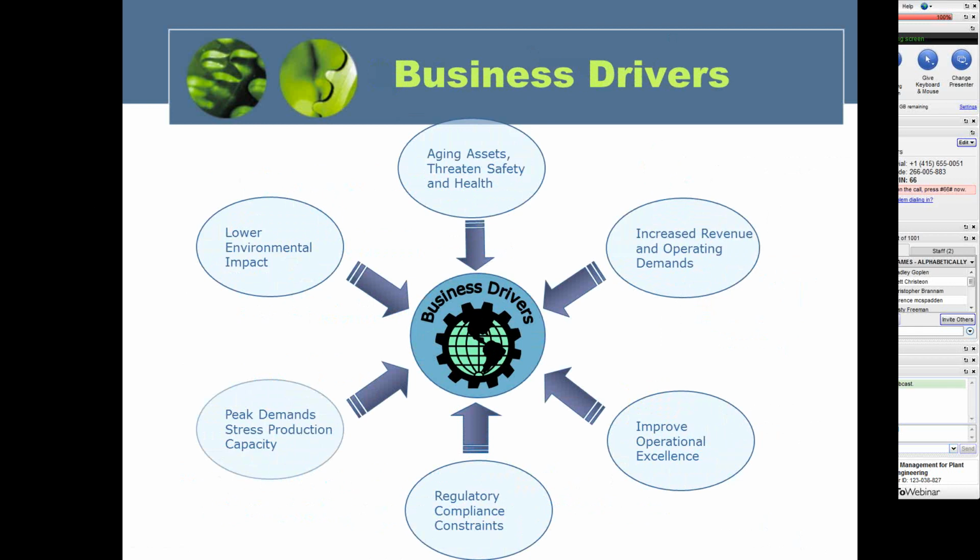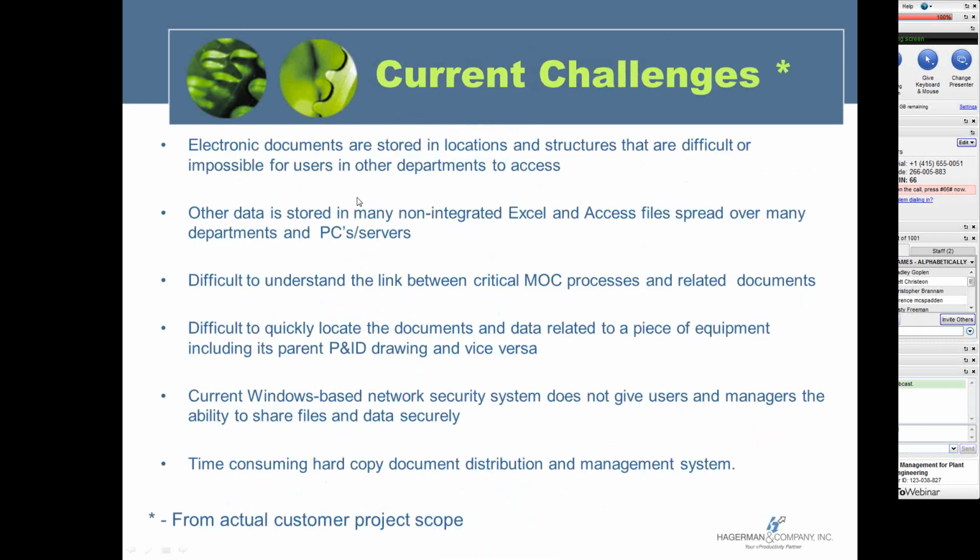But these are some of the big picture business drivers that we see within the industry, and then our products hopefully will do their part to help your company better meet these particular challenges. And in terms of challenges and things that we hear within the industry, this is something I lifted from an actual customer scope that we did, expressing the challenges that they run into. And I think some of these will probably ring some bells